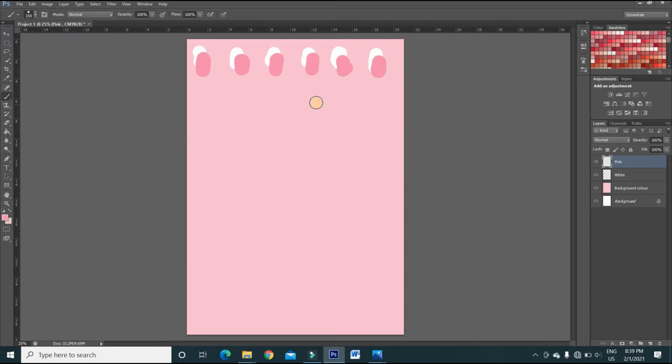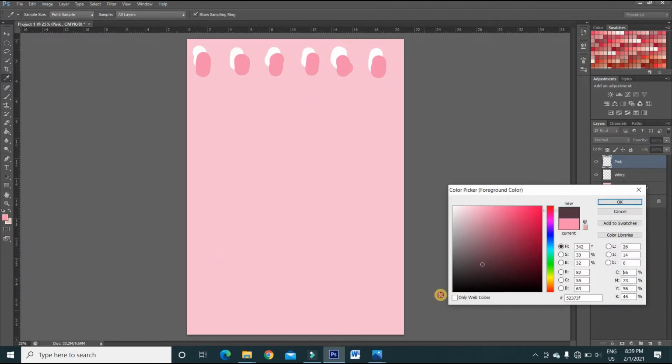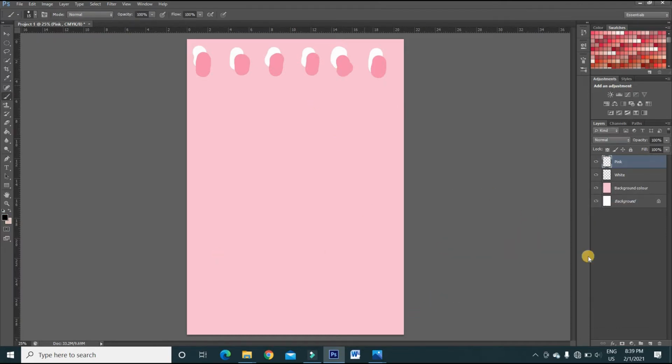Now I'm going to reduce the size of the brush and then select the black color, and again for the black spot I'm going to take a new layer and rename it as black, and then just randomly make the dots. And the first line of pattern is completed.